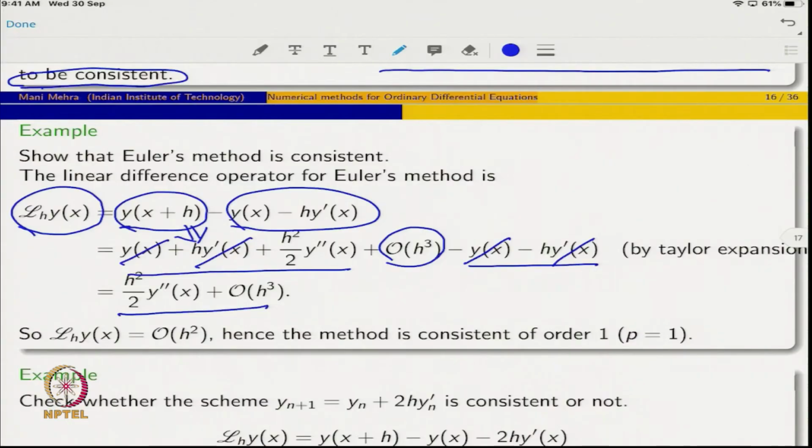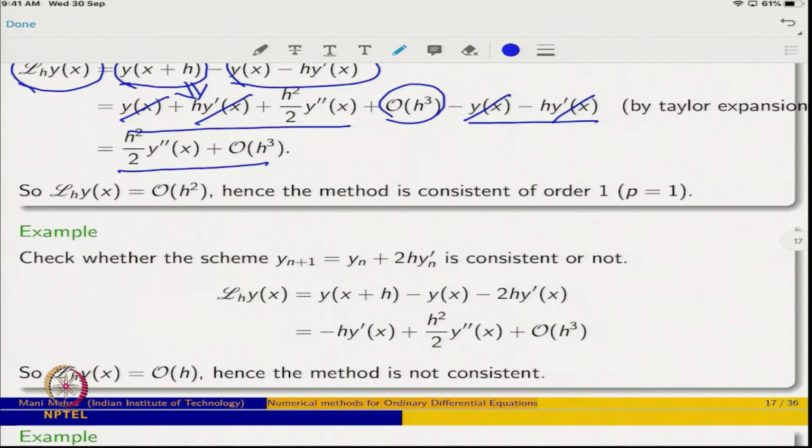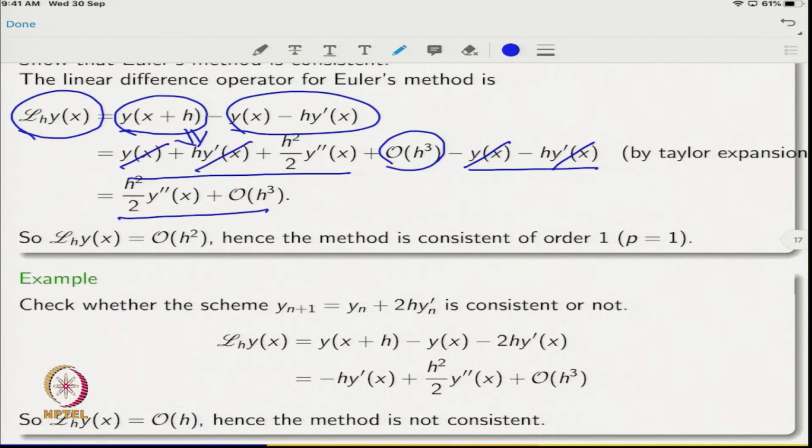Here the order is also fixed, you can keep it. Hence the method is consistent of order p. That is the advantage of looking at it this way. If a difference equation is given to you, you can prove whether it is consistent or not. Similarly, sometimes you are very particular that you want to construct only a two-step implicit method, so you should fix the points at x, x plus h and x plus 2h only. In those cases it helps.